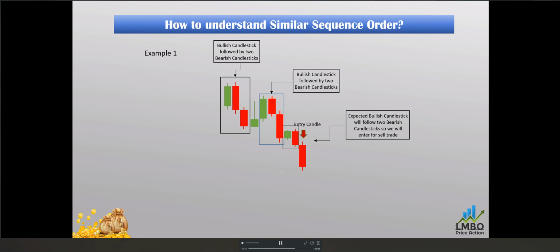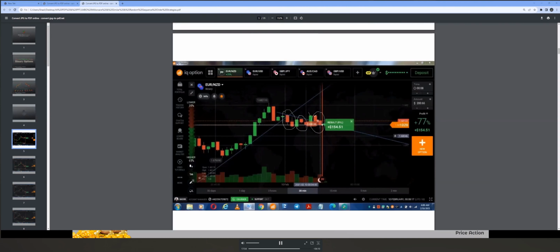Look at this one. Here I have drawn the setup, and you just follow. Look, this is point one, this is point two. We are trading point three. Once the buyers enter the market, we trade this candlestick. This is a buy on the 1 minute time frame, if you're using the 1 minute time frame. And this is a random sequence. Here you can find a trade. Last green, two red. Last green, two red. We expect that after the last green there will be two red. So after this candlestick, we have to trade. You can see the trade is a win.